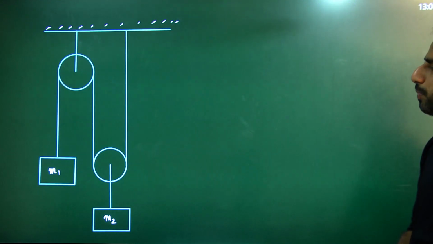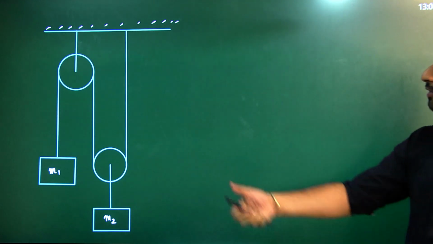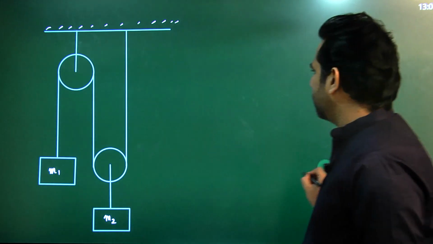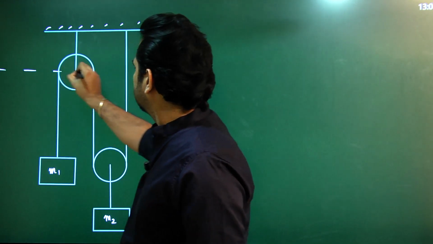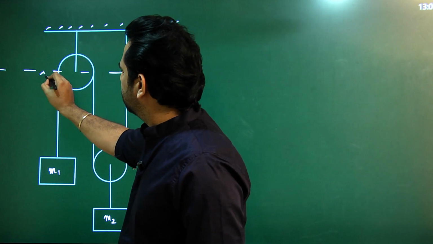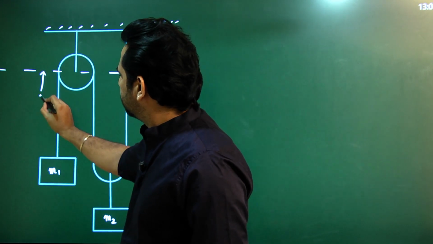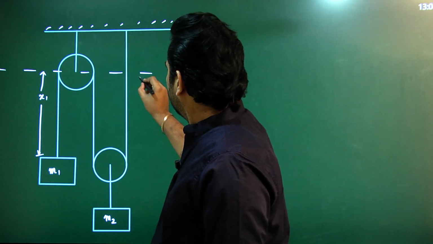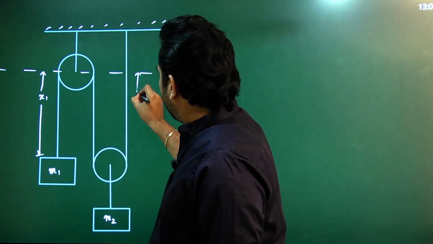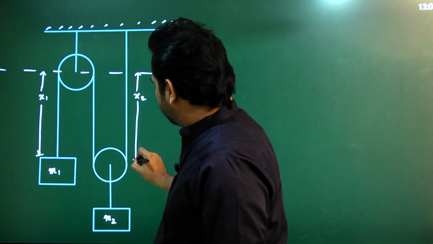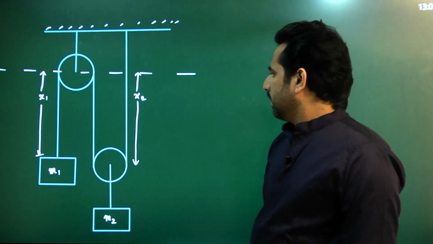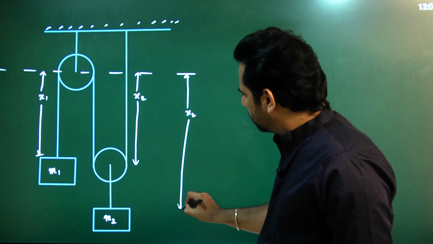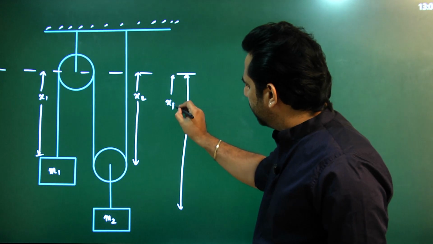Say there are two pulleys, one fixed pulley, one movable pulley connected to the block. So what is step number 1? You have to take a fixed reference line and give variables to the movable points. So I'll say x1 to m1, and I can directly give x2 to the pulley. Actually, I can give x2 to the block, then xp to the pulley,